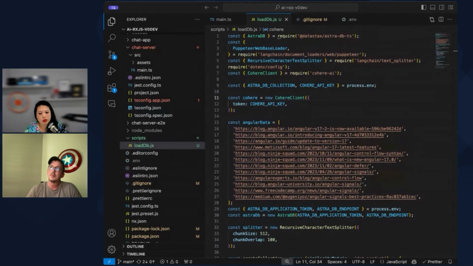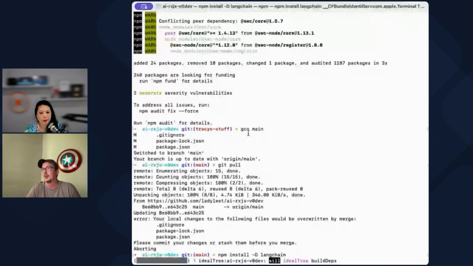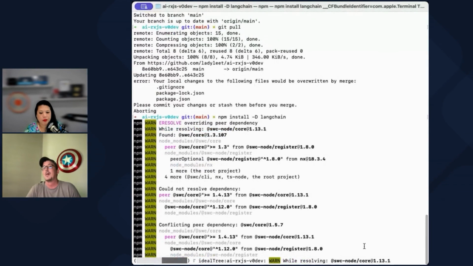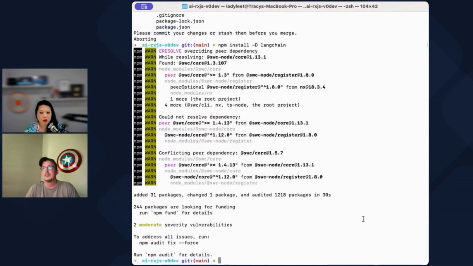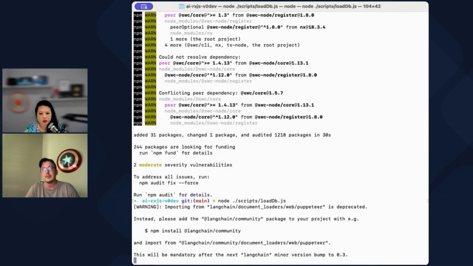Stop screen, present. Should I present? Sure. Now, I don't know much about AstraDB, and I don't know if you run that script twice, if you're going to end up with double the data. Oh, well, I don't care. Okay, so it says it did things. Then I just run node. Yeah, you should just be able to run that, and it should do things.